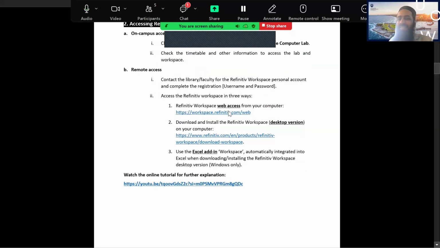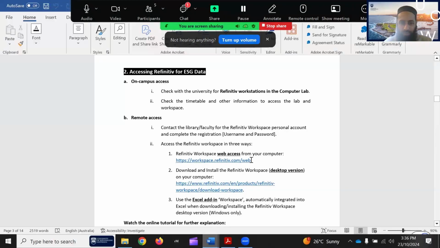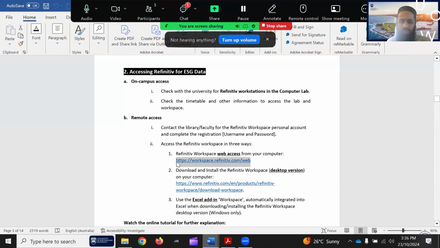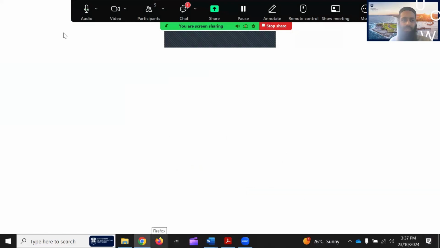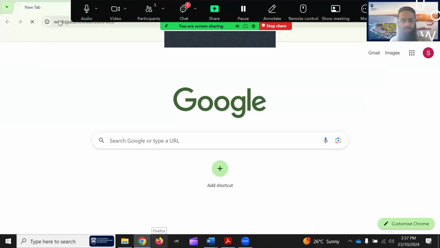Okay, so let's access the web version. I will try this one. This Workspace works better in Google Chrome instead of Firefox, so I will encourage you to use Google Chrome.